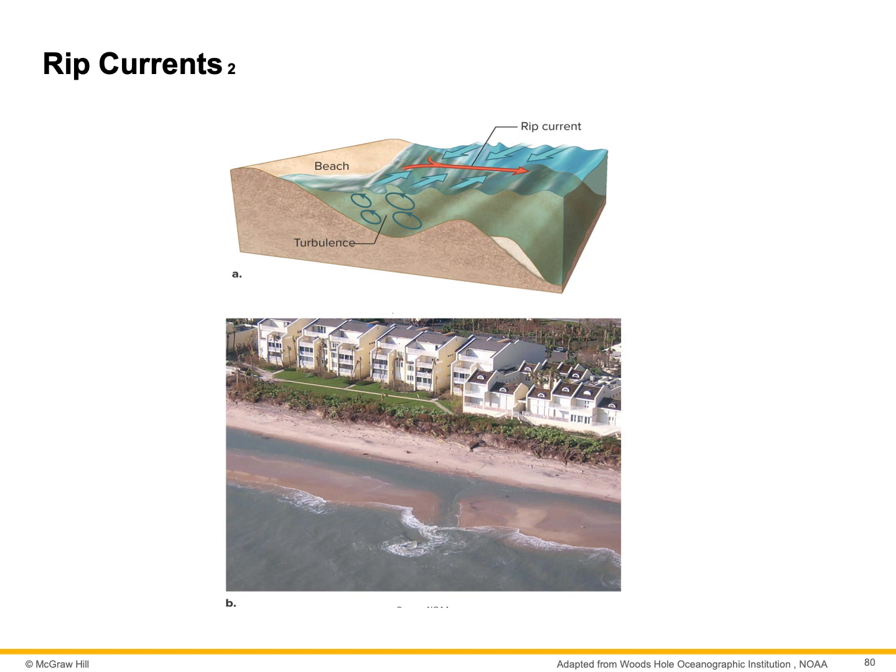Rip currents. They're narrow currents of water flowing through gaps in sandbars lying just offshore. And you can see right here through this sandbar, there's a rip current. Rip currents are caused by variations in the surf zone, such as sandbars and channels. You see the location in the picture that might be dangerous if you were swimming? Yeah, you wouldn't want to be swimming out here. Do you think you could see it from the beach? If you know what you're looking for, you can, yes.